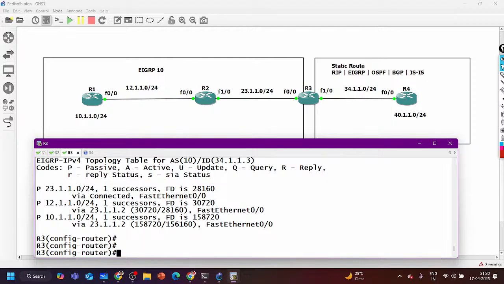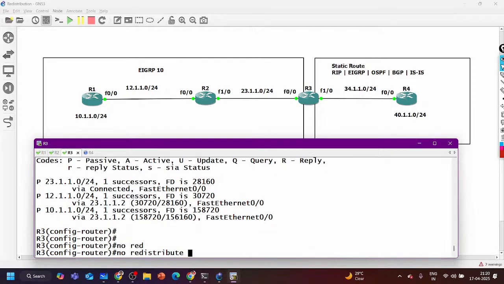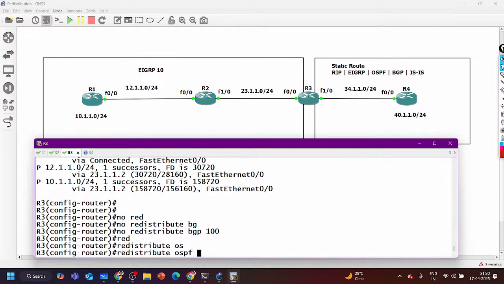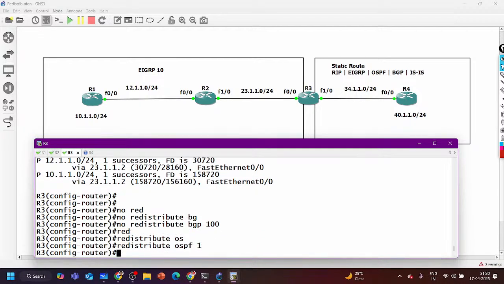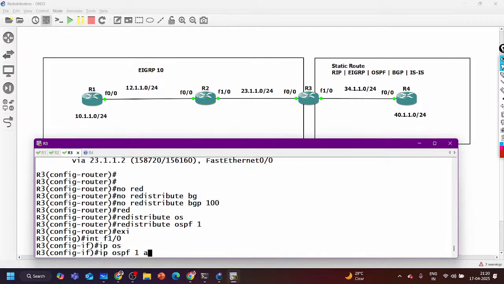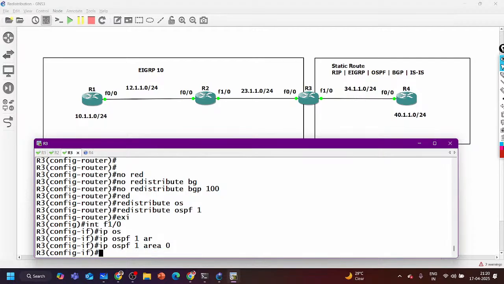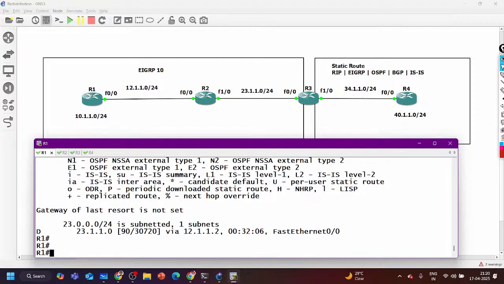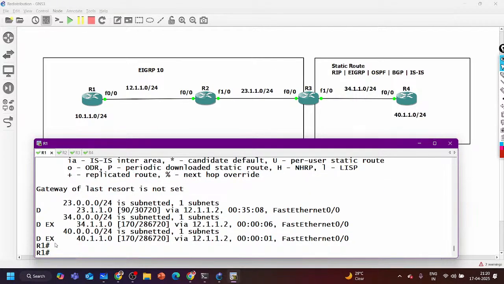So let me say no redistribute BGP 100, and let me say redistribute OSPF process 1, and on interface F1/0, IP OSPF 1 area 0. Here on this router redistribution of BGP is not working properly. No worry, we can ignore it for now. Now you can see again the 40 subnet is coming.